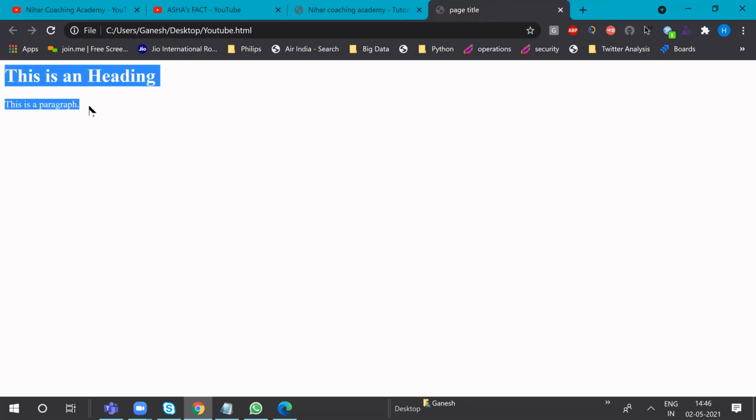So in HTML basically there are two important things. First you write the code and then execute it. Execution is the most important part, and once you get the output, that is when you can say the code is successful. So that's all for today's class, and this is a simple HTML code. In coming classes, I'm going to raise the level, and slowly I'm going to teach more advanced concepts.